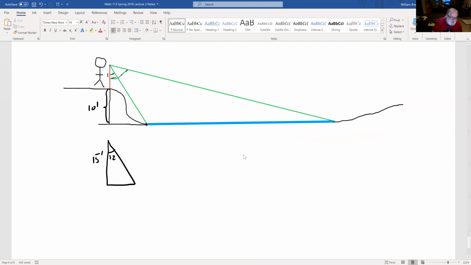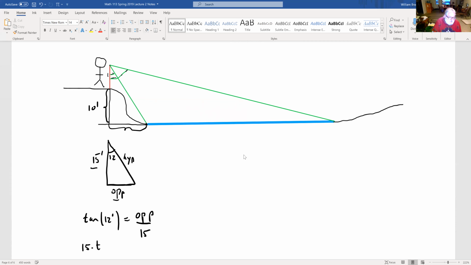And this is the opposite. And this is the hypotenuse, they want to know how long is this distance. That would give you the distance from here to here. So how long is that distance? Well, what's a trig function that involves opposite and adjacent? And that's tangent. Tangent of 12 degrees equals opposite, which we do not know, over adjacent, which is 15. So 15 times tangent of 12 degrees equals my opposite, and I punch that into my calculator, and we get